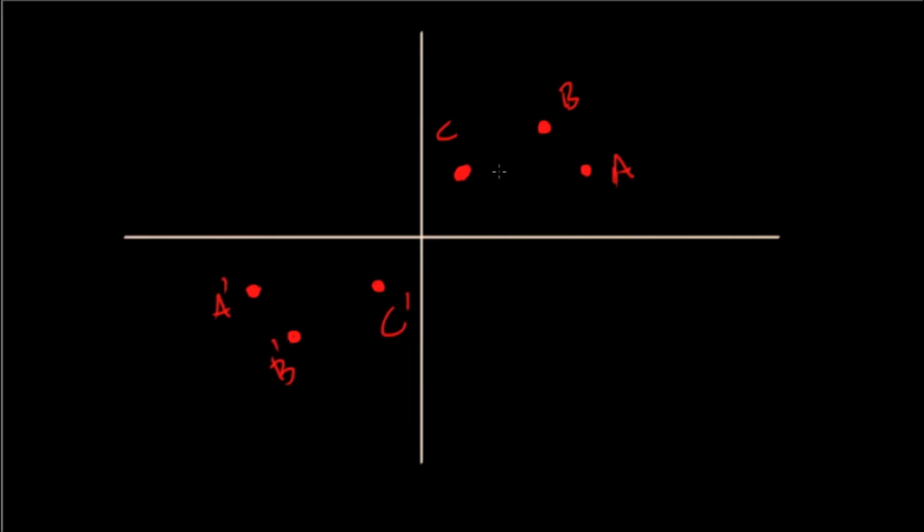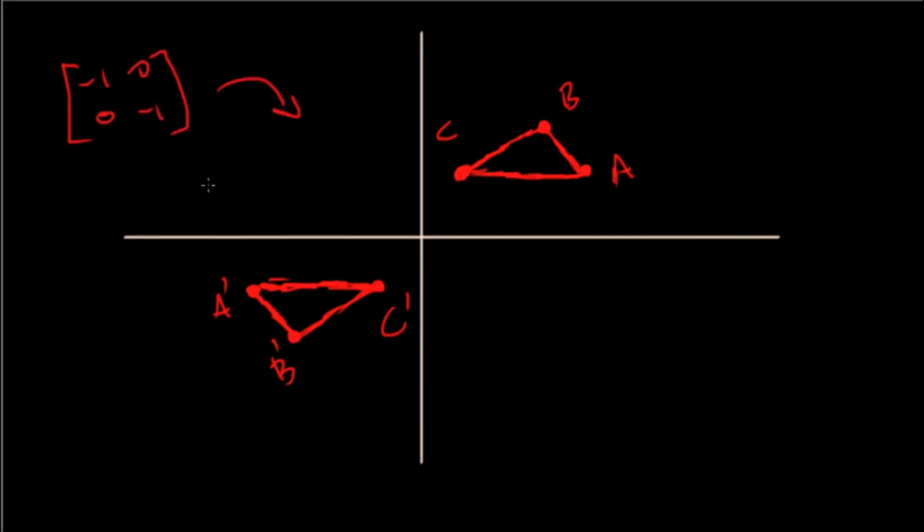All right, so what does this matrix do? It rotates around the axis 180 degrees, and it's doing that to an object. Imagine that I was describing every single point on this vector, and I've rotated this triangle 180 degrees. So this matrix not only has the ability to rotate vectors, but if you start thinking about vectors composing up other objects, it can rotate objects. So the matrix -1, 0, 0, -1 had the property that it rotated this triangle